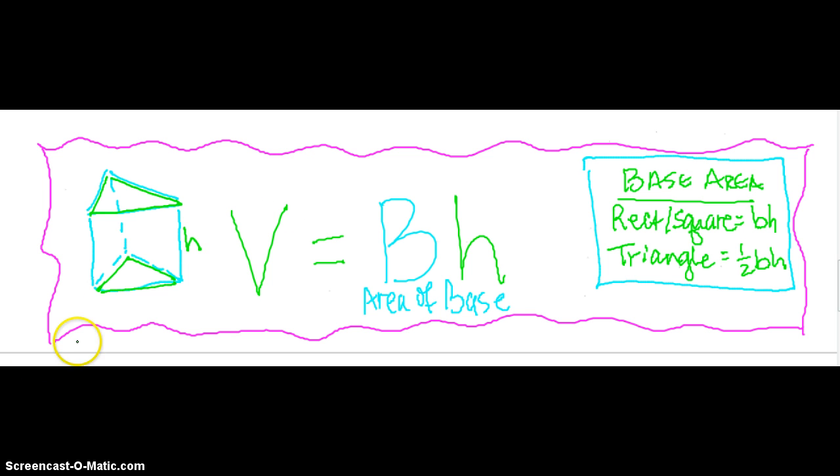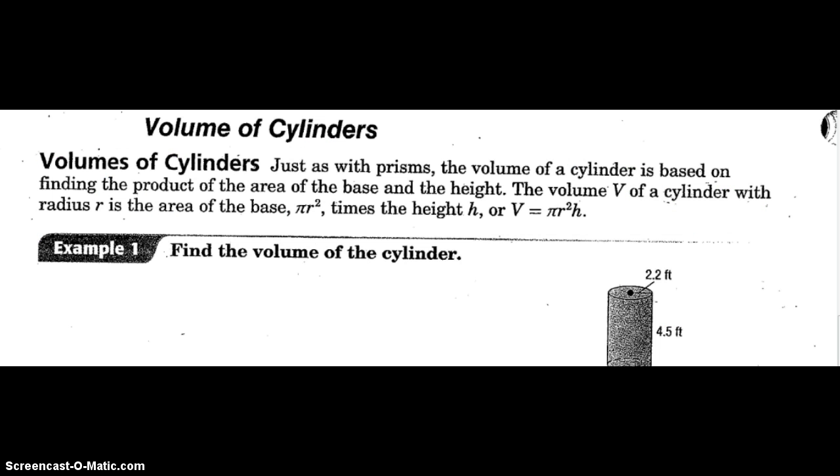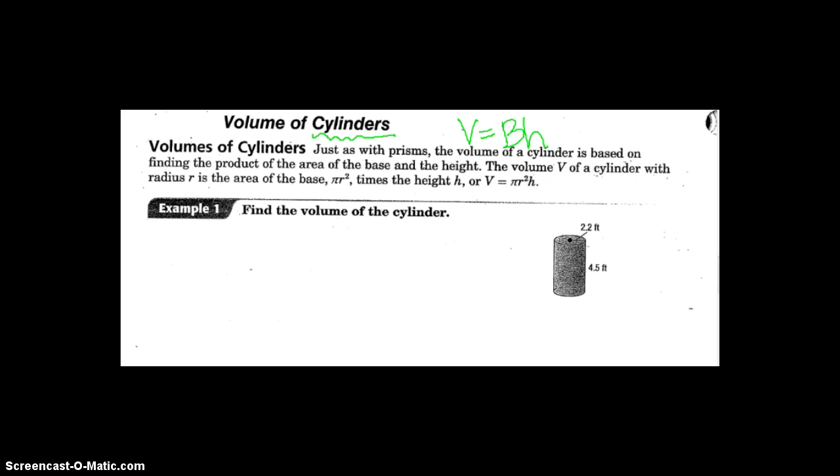Well, in today's video, we're going to be finding the volume of a cylinder. It's the same formula. Volume equals area of your base times the height. But if we're talking about a cylinder, what is our base for a cylinder? Our base will always be a circle. So what is the area of a circle? Area of a circle, so if we added to our area formulas, for a circle, we would put pi r